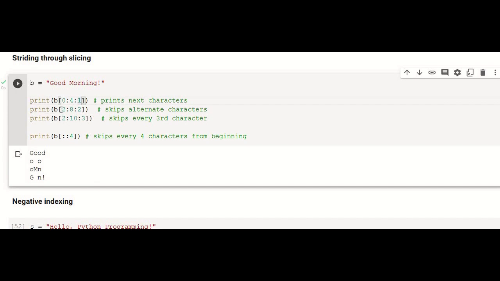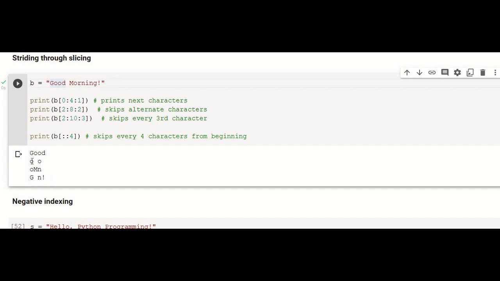And in the next print statement, see, we have given 2:8:2, which means that from index position 2 to 8, all the characters will be displayed, but we have given the striding as 2, which means that it will skip alternate characters. So from the beginning you have only index position 2. So from this 0, 1, 2, O will be taken.